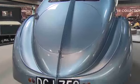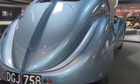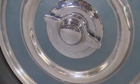Behind me is the 1936 Bugatti Type 57 SC Atlantic, which was Jean Bugatti's masterpiece and arguably one of the most spectacular automobiles ever created. The Atlantic is considered to be a masterpiece because it was radical in its time, avant-garde design that borrowed heavily